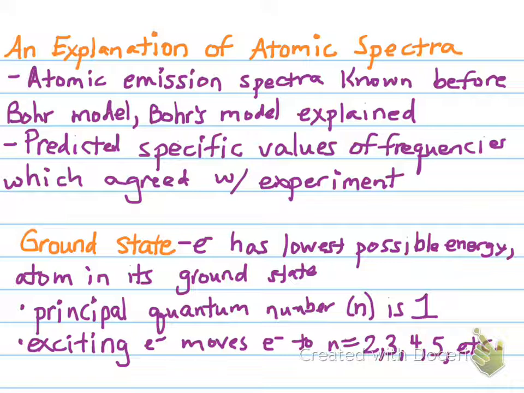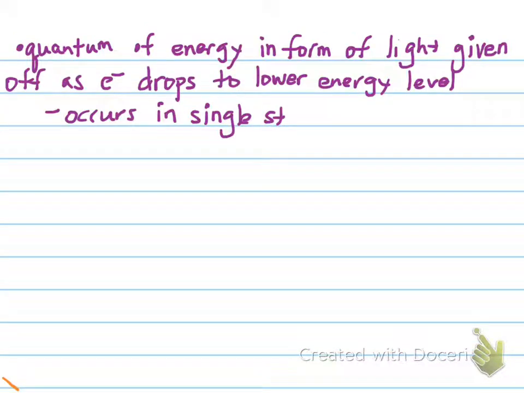The principal quantum number, n, is 1, and we excite the electron, and that electron moves to n equals 2, 3, 4, or 5. So when we excite it, remember, we provide it with a source of energy, often from electric current. A quantum of energy in the form of light is given off as that electron drops to a lower energy level. This drop occurs in a single step